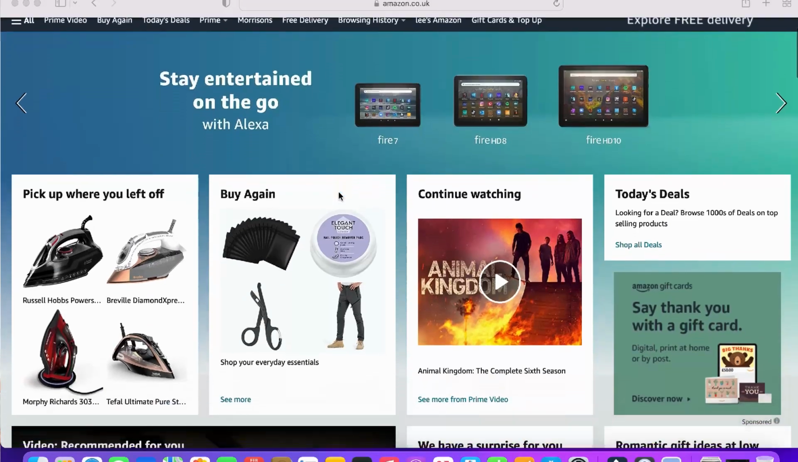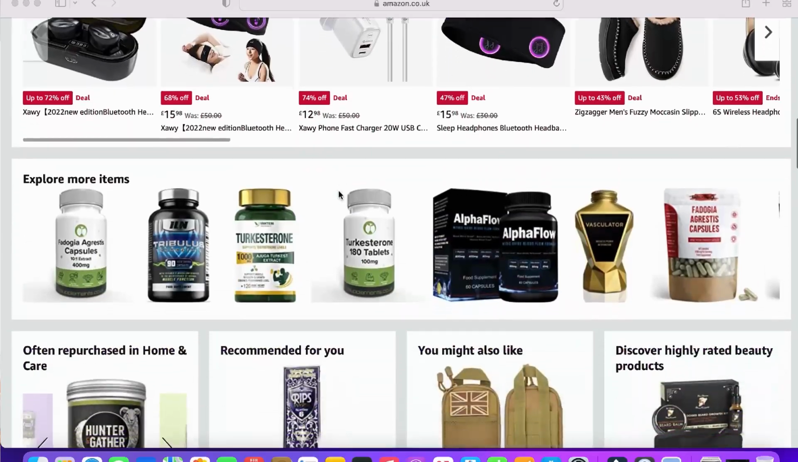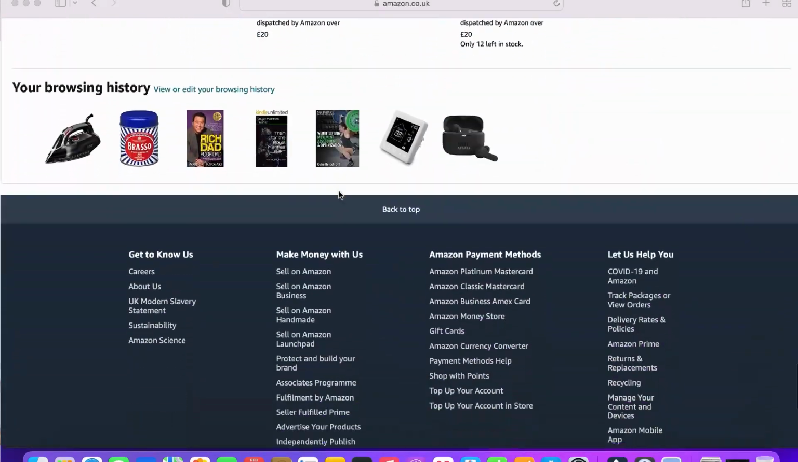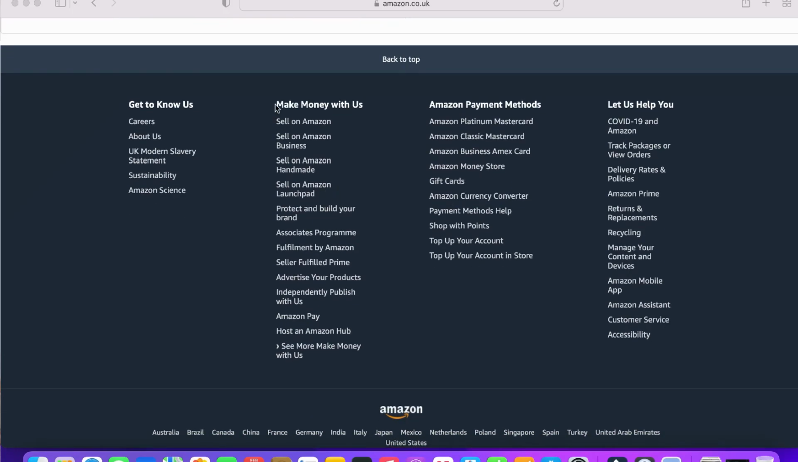But first stage is basically typing in Amazon. So depending if you're in the UK or around the world, amazon.co.uk for myself, as I am in the United Kingdom. Once you're on that, basically the homepage opens up. Scroll right down to the bottom. You will then see